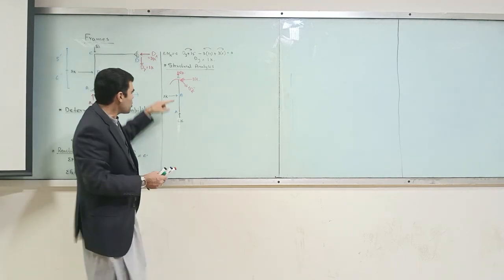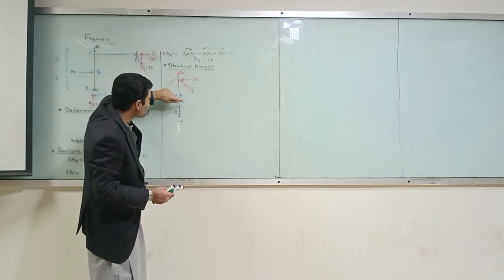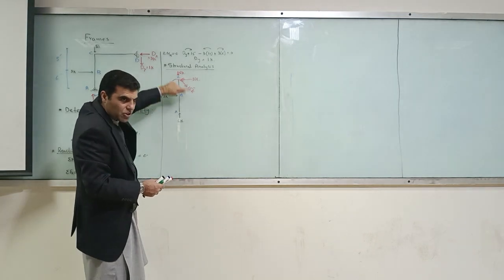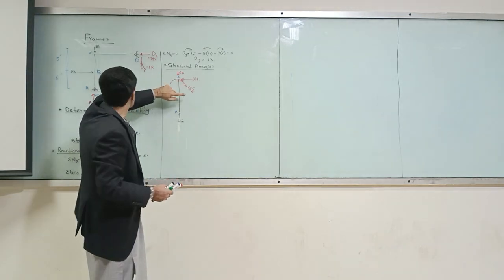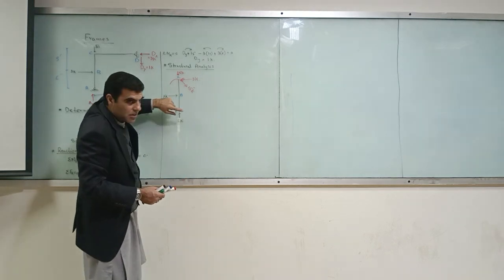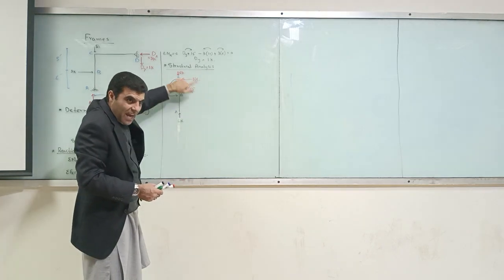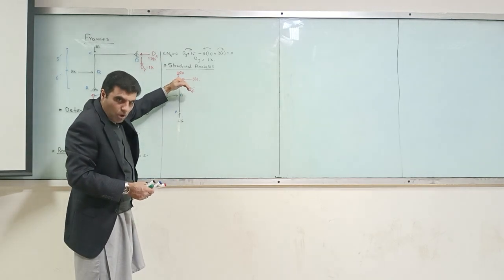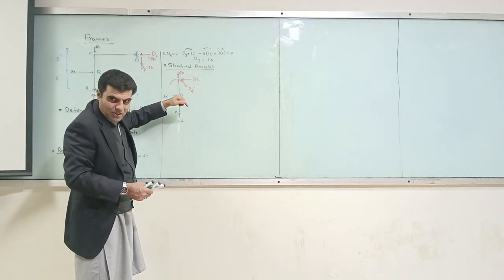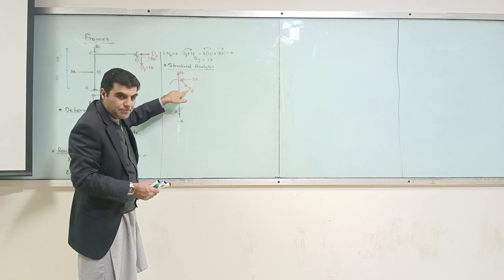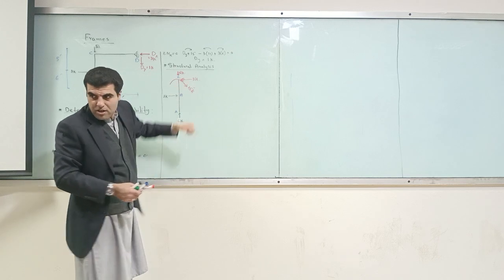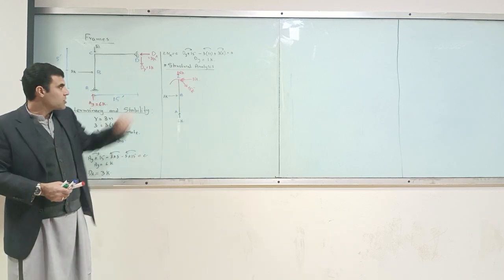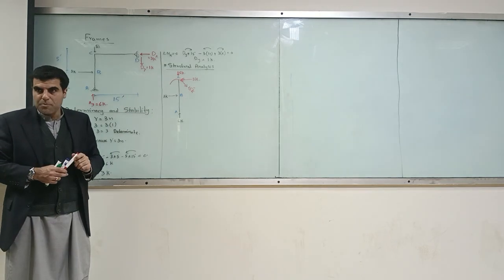So it is only 3 times 5 load, that is applied counterclockwise. So you have to apply a clockwise moment to counteract that. Therefore I have applied 15 foot kip clockwise. So this is the free body diagram